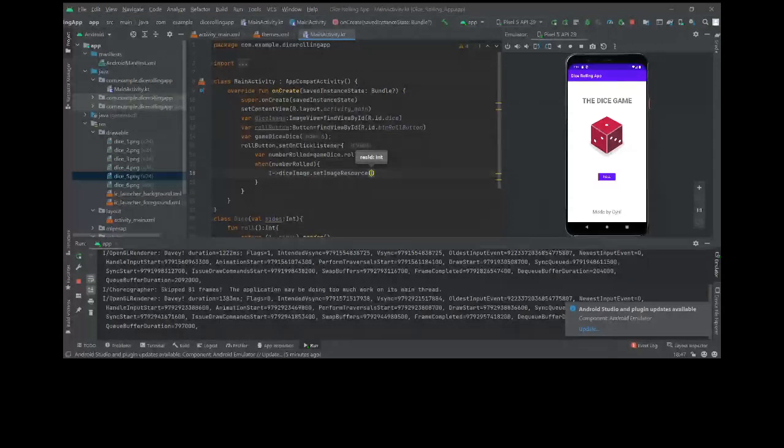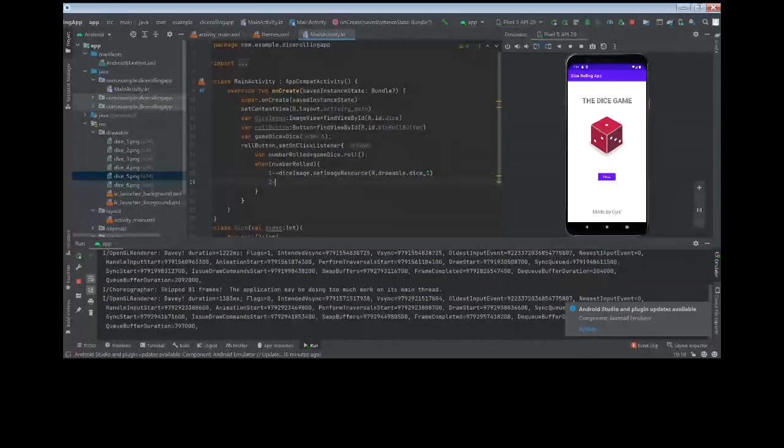Okay. Now inside this, we just have to pass the image. That will be r dot drawable dot dice one, because if it is one, then we have to show dice one like this one. Okay. Now what if it is two? If it is two, we'll be doing the same thing. So I will just copy this.